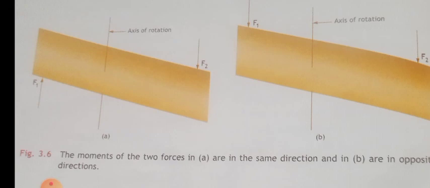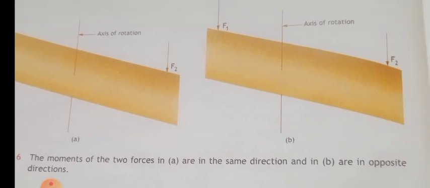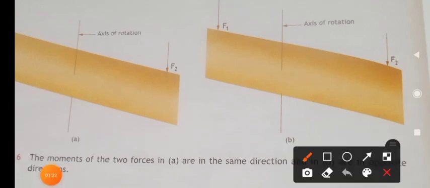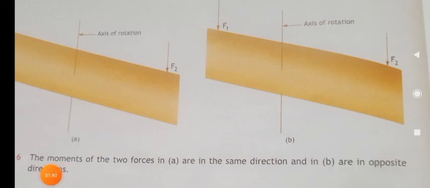Similarly, if the force applied makes the object rotate in the clockwise direction, you know what is clockwise direction? In this direction, then we call it a clockwise moment, and it is considered to be a negative quantity. Is it clear, children? A body is said to be in rotational equilibrium when the sum of the anti-clockwise moments acting on it is equal to the sum of the clockwise moments acting on it, so that the body has no rotational motion.